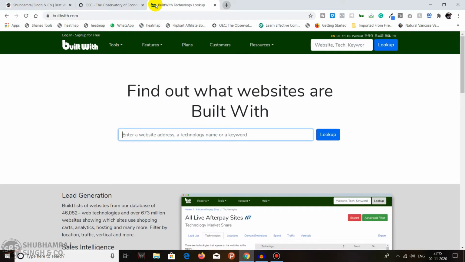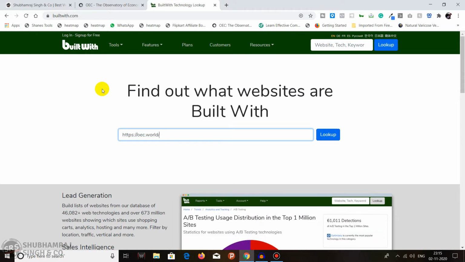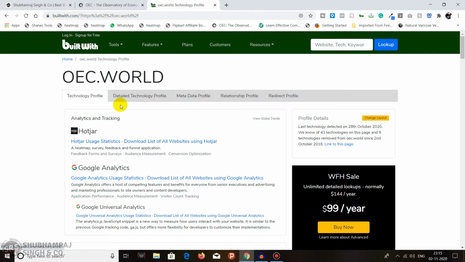Press and visit the website, and as always, you have to paste the domain name of the particular website for which you are trying to find the technology used to create it. So we will search.